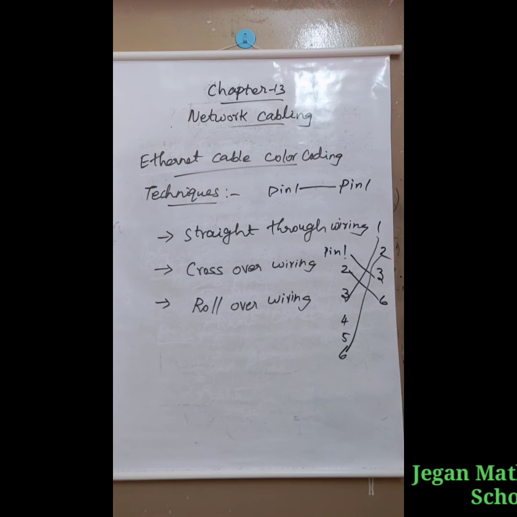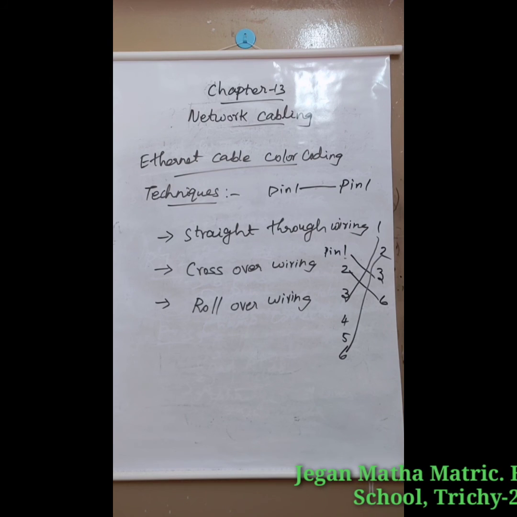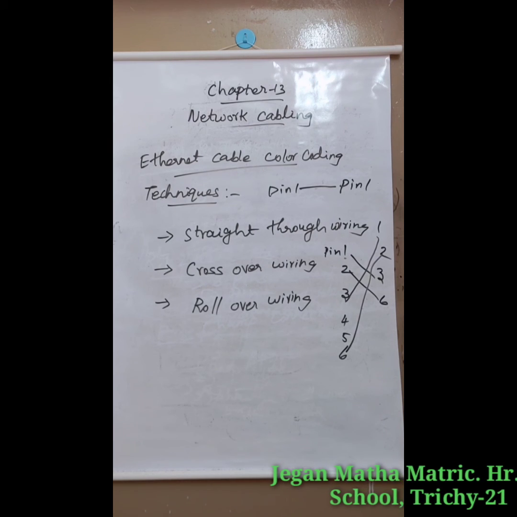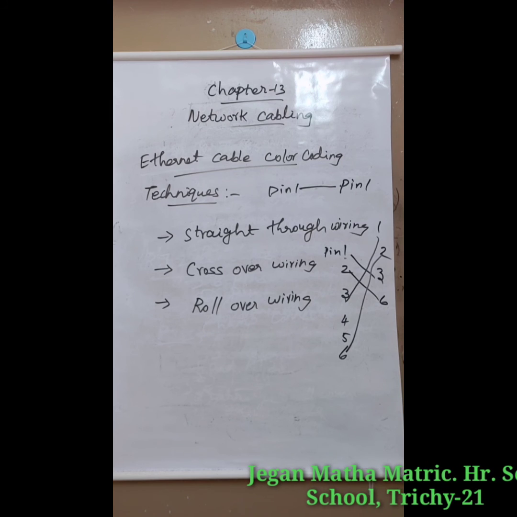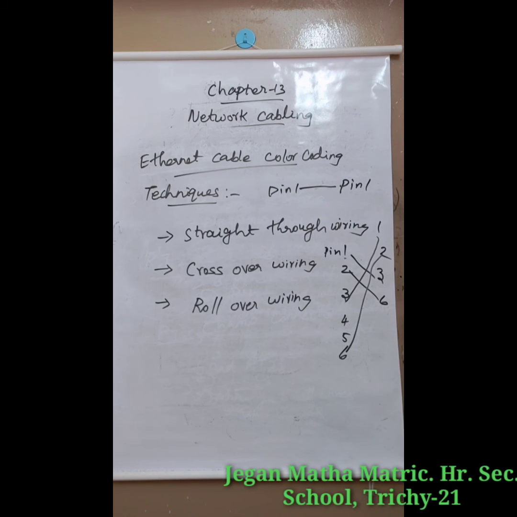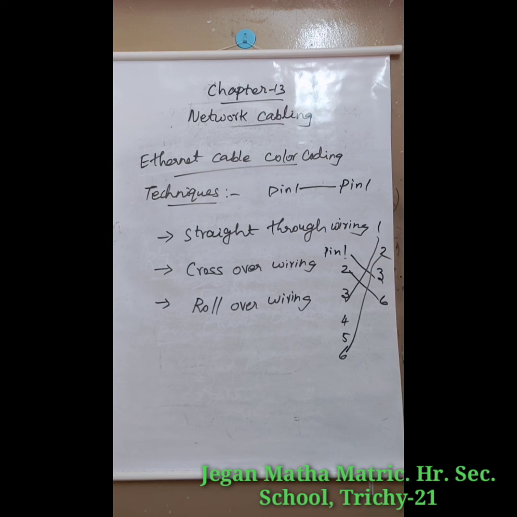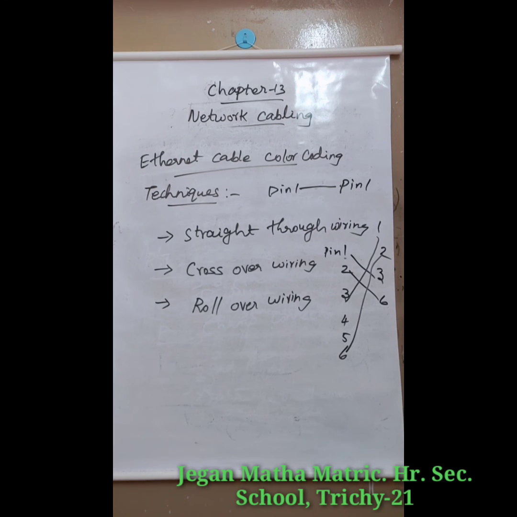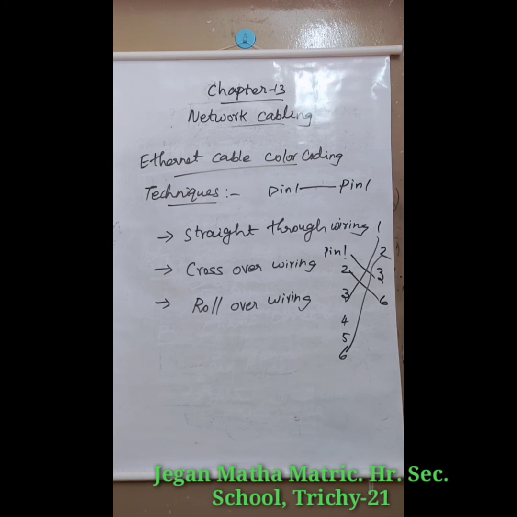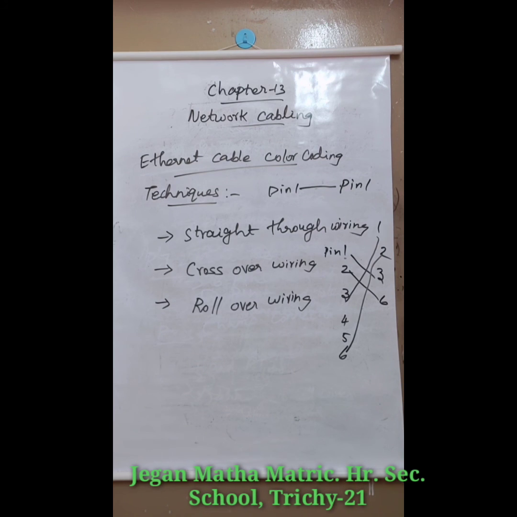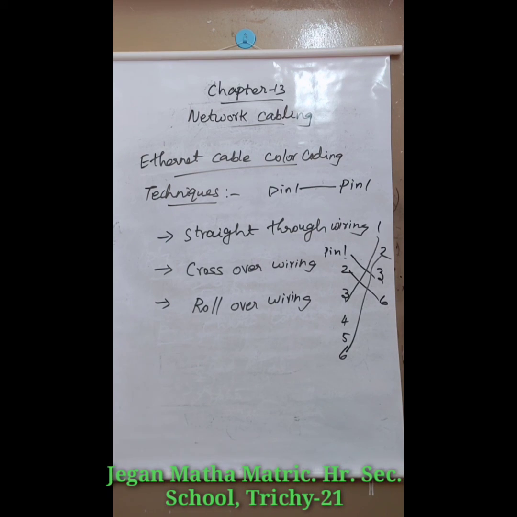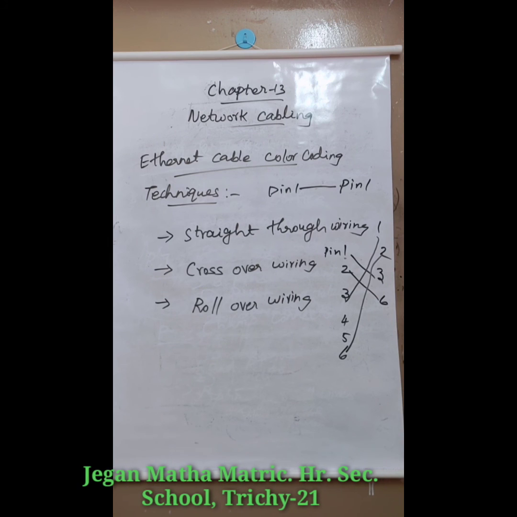The easiest way to make a crossover cable is to make one end T568A color coding and the other end T568B. Another way is to remember the color coding: the green set of wires at one end are connected with the orange set of wires at the other end. Connect the solid green with the solid orange and the green white with the orange white.